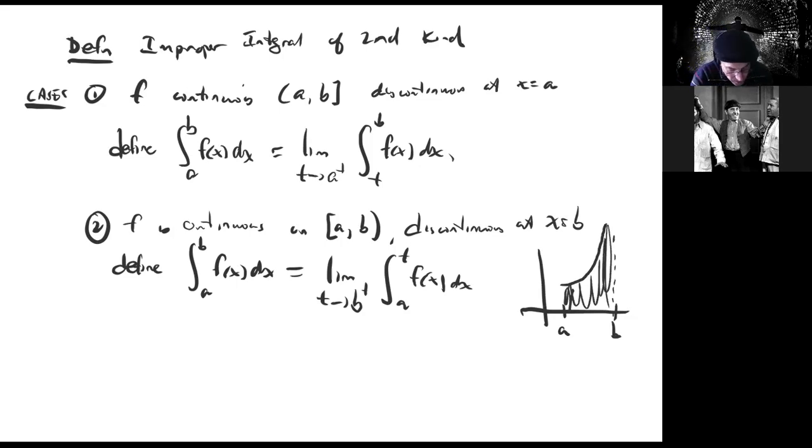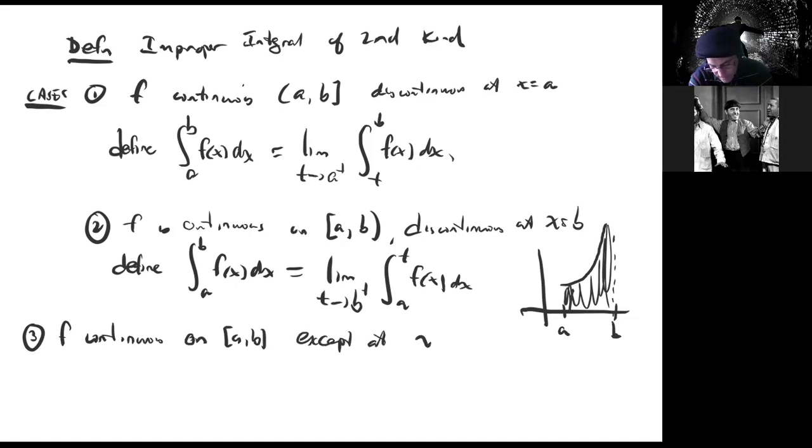Okay, so then the third case combines the previous two cases. If f is continuous on all of [a, b] except at x equals c, so there it's not, then we define in that case the integral from a to b of f of x dx as the